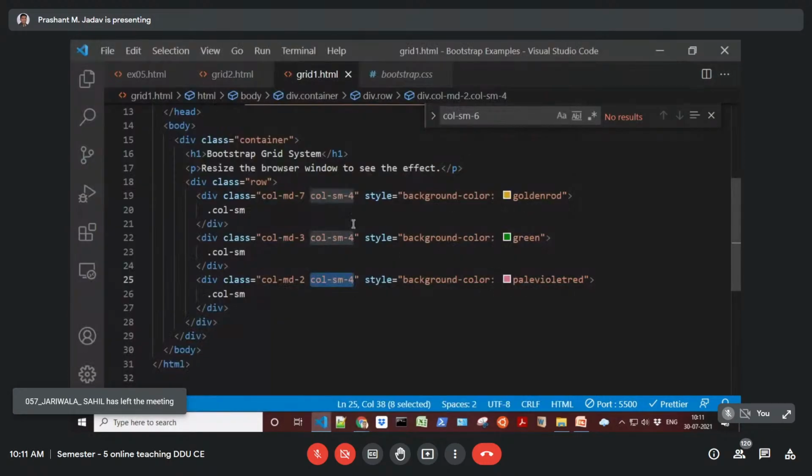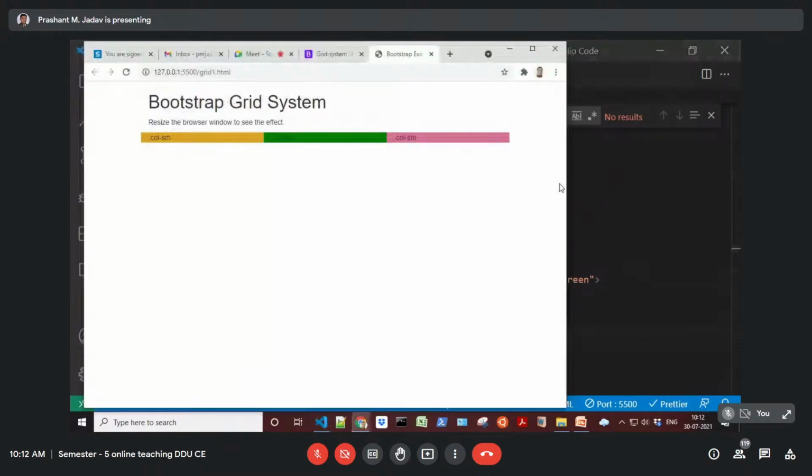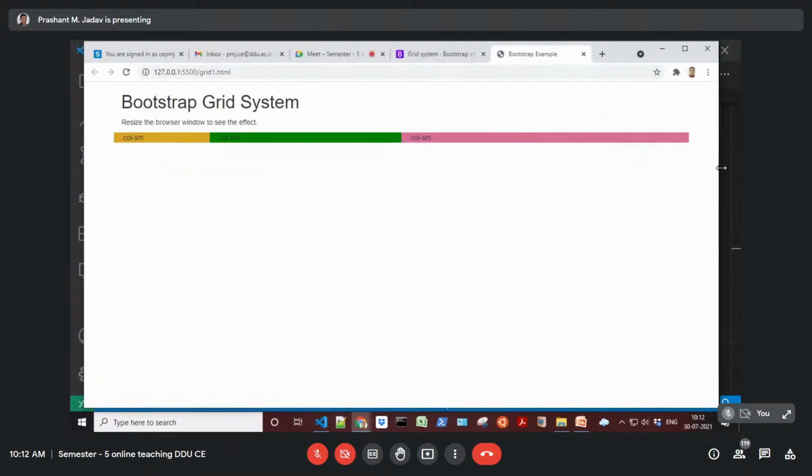And we can even go for large also. So what happens for a large screen?